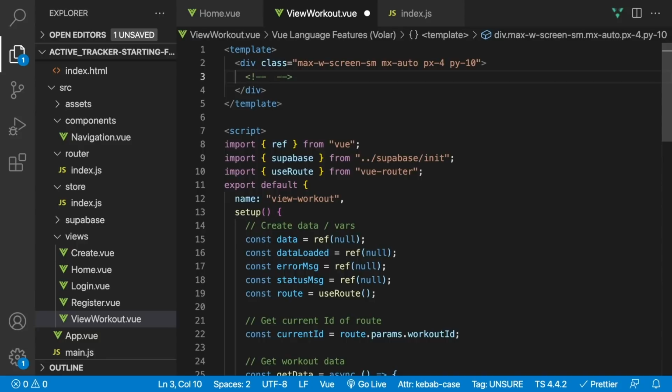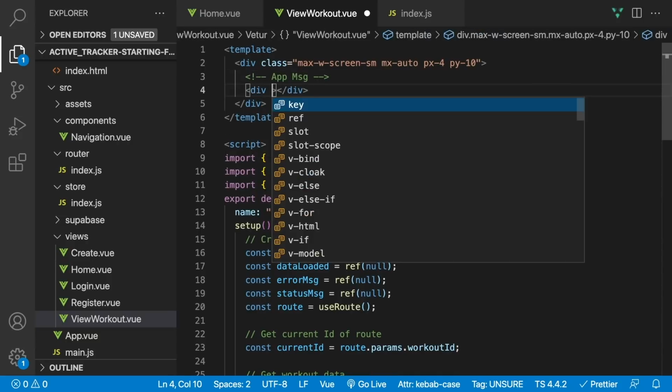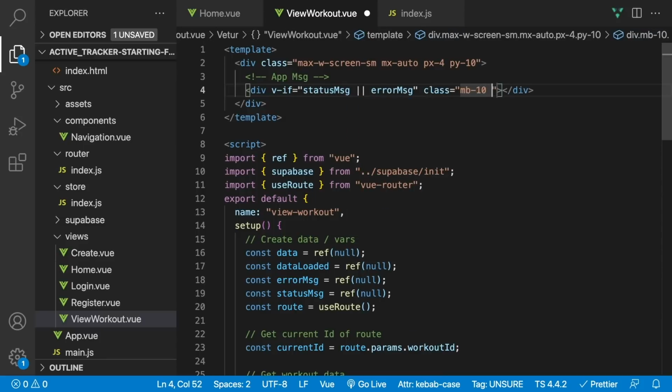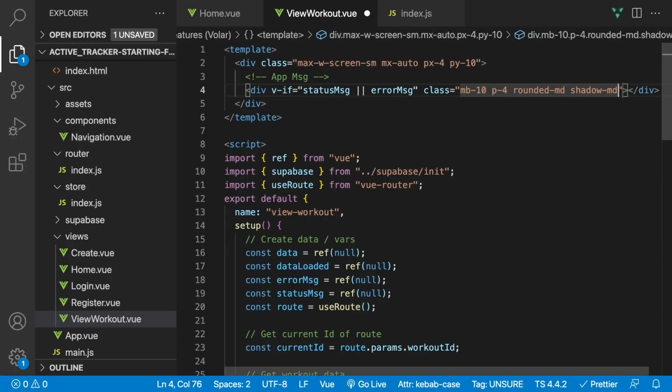So let's go ahead and create the markup for our error handling or our status message. I'll give this a comment of app message here, and let's create a div for this. Now we only want to show this if we have an error. So we're going to say v-if status message or if error message is true. And we'll apply some classes here: margin bottom of 10, padding around all sides of 4. We want to round the corners, so we're going to say rounded-md. We'll pass a shadow here of shadow-md, and we'll give it a background color of our custom color of